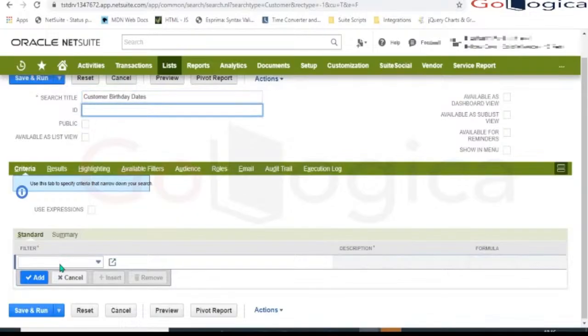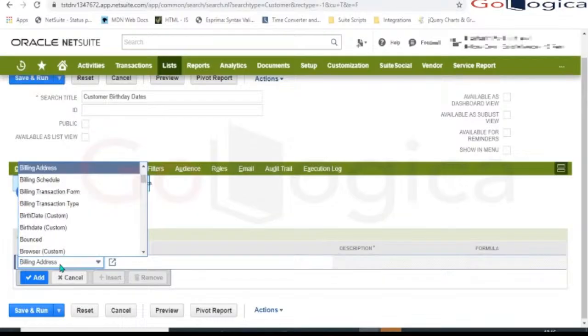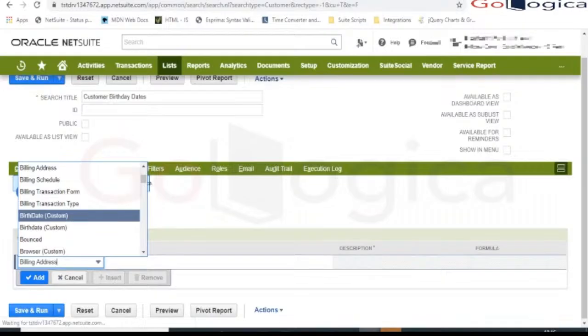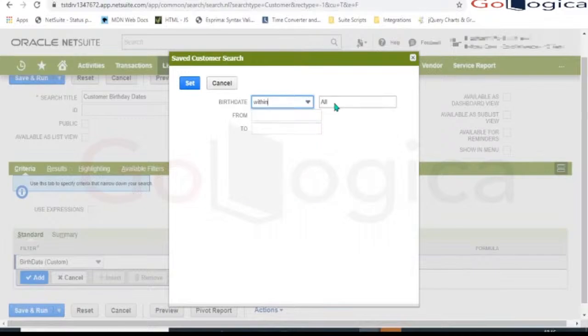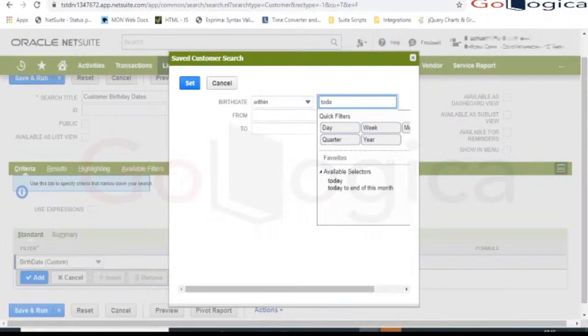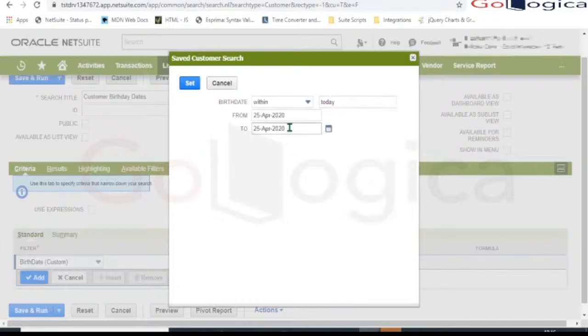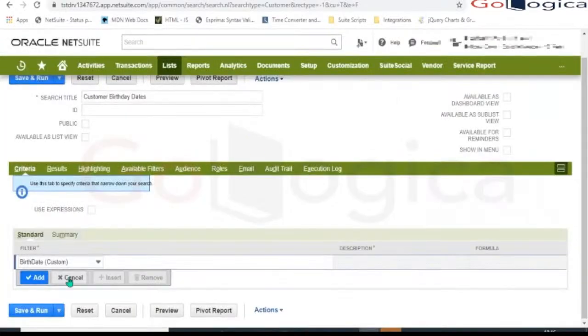If you give something like birthday date, you can't just type in today. That means it is mapping with the exact date, 25 April 2020. But you have to search for 25 April of any year, be it 2000 or previous years. So here is the thing, what you can do is